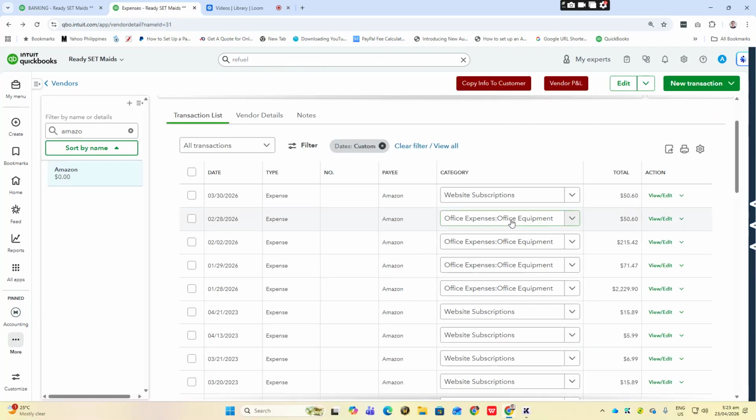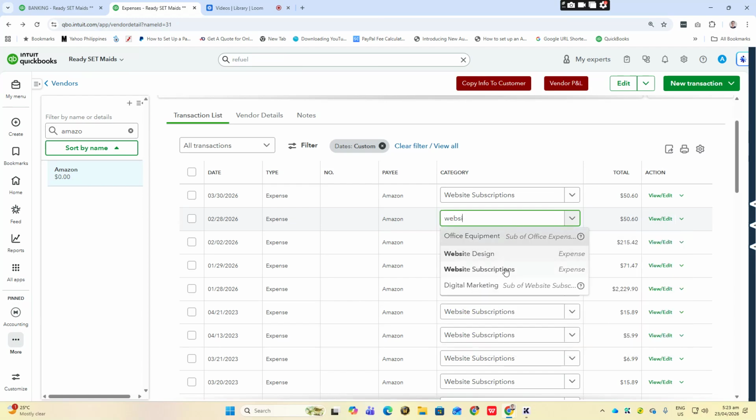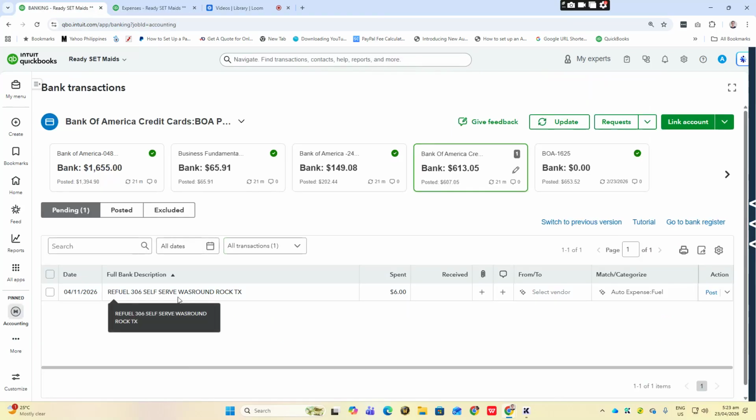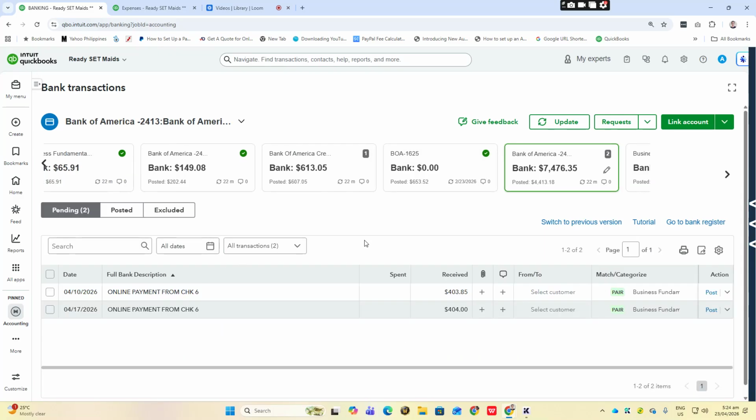So I think we need to reclass this one to website subscriptions. So go back to this one. I'm going to ask first the client on what account we are going to use for this transaction. Okay, I just leave this. Then 1625, we're done with 1625. Then we have